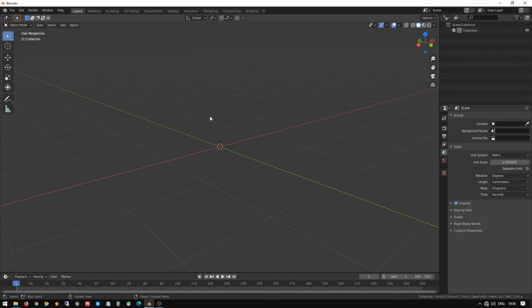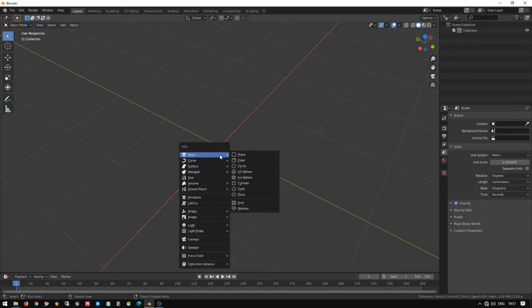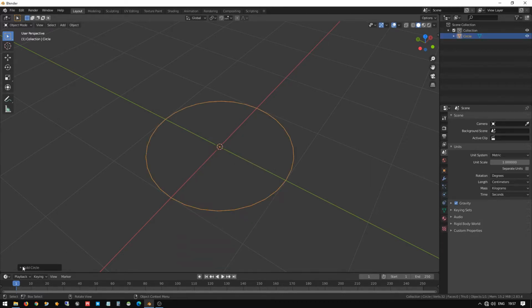Now you can create a circle by pressing Shift A, going to the Mesh menu, and creating a circle. Then you can reduce the vertex value. When you add a circle for the first time, or any mesh, a small box appears here. Please click that, and you can see the startup properties for the circle. We can't save this, so each time we have to change how many vertices we require.